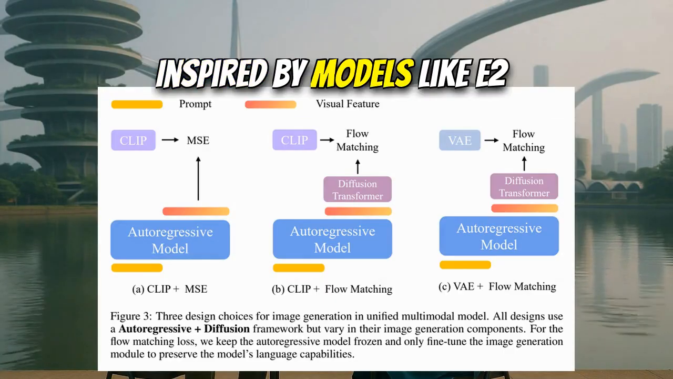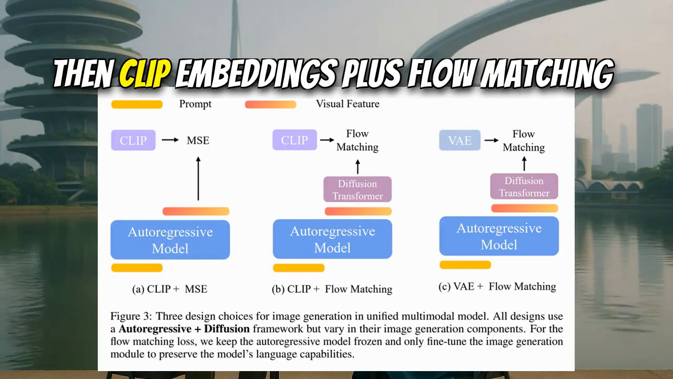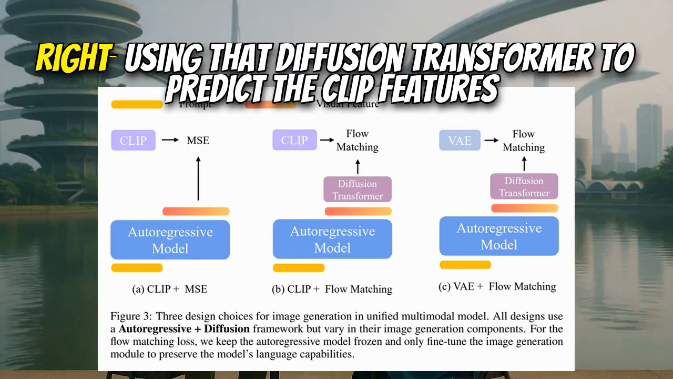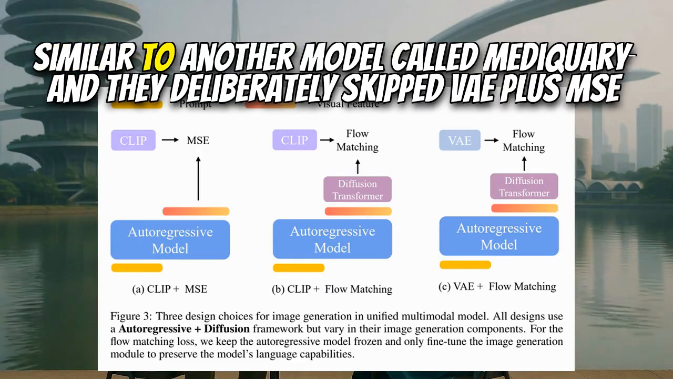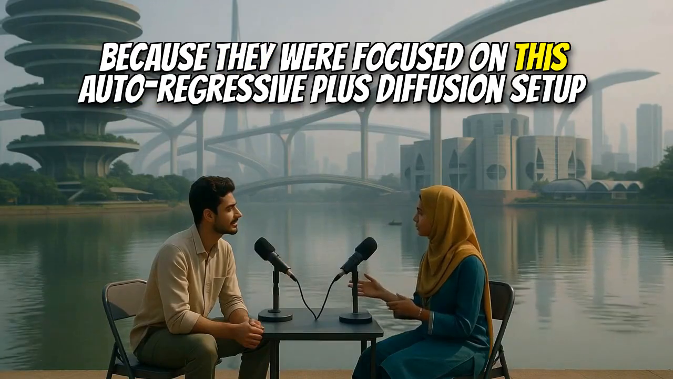Yep, inspired by models like EMU2. Then CLIP embeddings plus flow matching. Right, using that diffusion transformer to predict the CLIP features. And finally, VAE latents plus flow matching. Similar to another model called MetaQuery, and they deliberately skipped VAE plus MSE because they were focused on this autoregressive